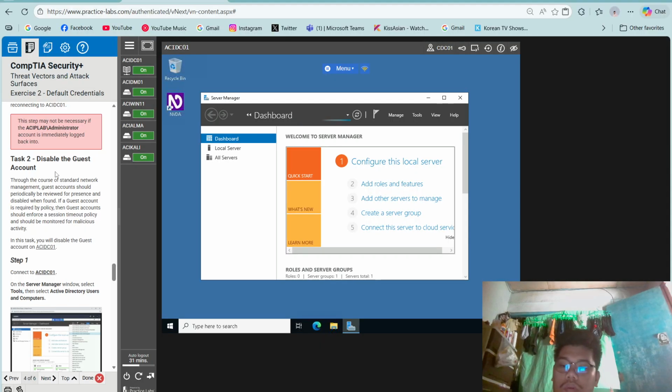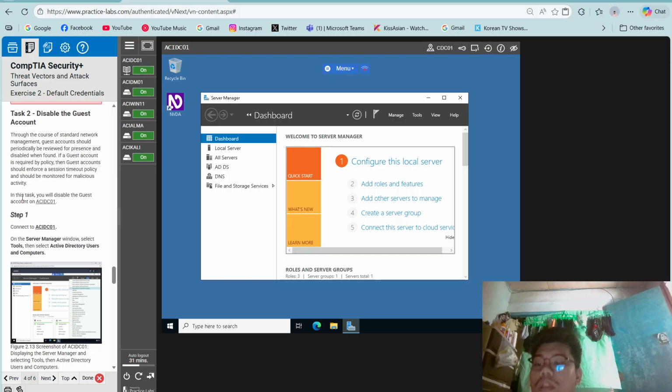So task 2, disable the guest account. Through the course of standard network management, guest accounts should periodically be reviewed for presence and disabled when found. If a guest account is required by policy, then guest accounts should enforce a session timeout policy and should be monitored for malicious activity. So in this task, you will disable the guest account on